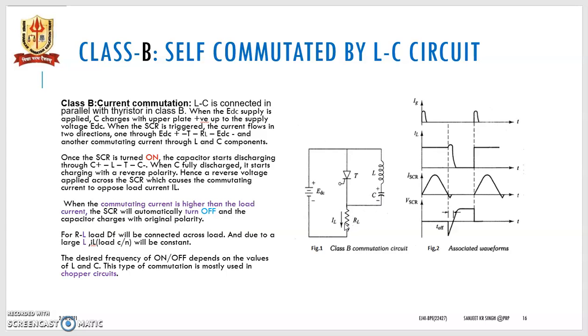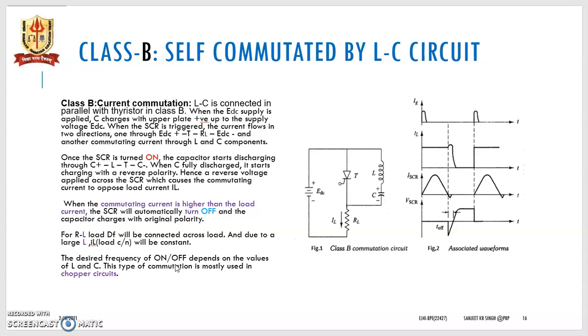When we have a resistive load, there is no problem. But when we have an RL load, resistor and inductor, then we can connect one freewheeling diode DF across the RL load, that will provide the reverse current path for circulating and decaying. Moreover, the load current in that case with RL load will be a constant line here.